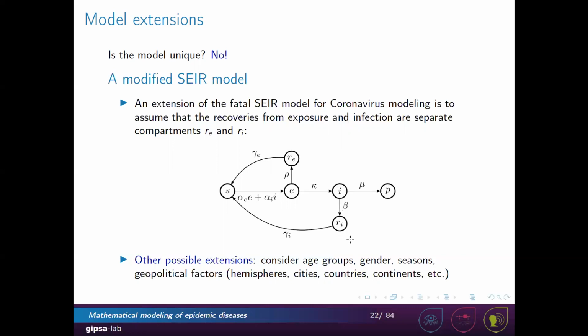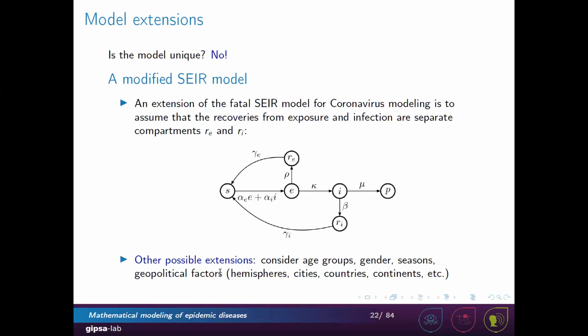So as you can see, the difference between this model and the first SEIR model is that in the first model, RE and RI were the same group. But here we have split them so that we can count the number of people who have recovered due to infection. But we can assume that RE is not directly measurable or observable. This is just one example on how we can make this model become more and more complex.